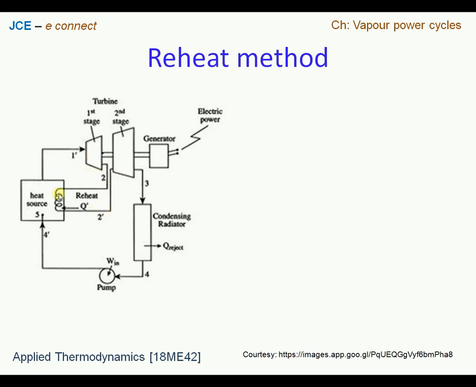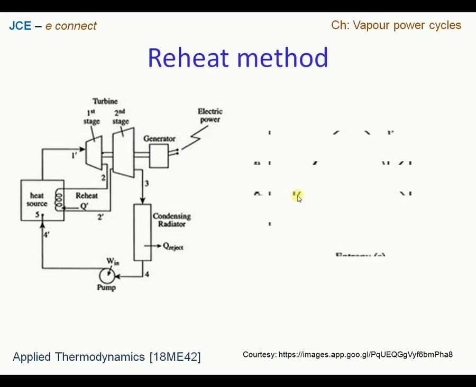So here we have a small modification where we are going to expand the steam partially in one turbine, then we are going to reheat the steam, again supplied to the next turbine. So we are having heat addition taking place two times. One is regular primary heat addition in the boiler, the other heat addition is happening in the reheat process. Similarly, work also, we are now having work done by turbine 1 plus work done by turbine 2 will give us the total work done.